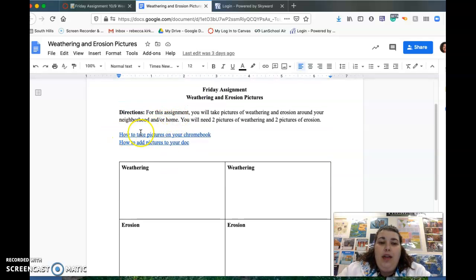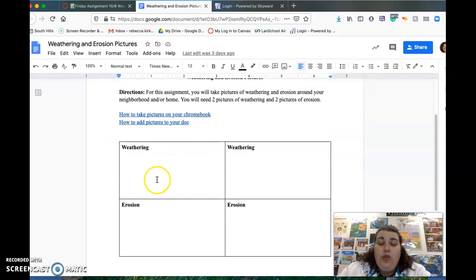Okay, so you can take pictures on your phone, or if you want to take them with your Chromebook, I put how to take pictures on your Chromebook here. You can use your Chromebook camera, and I show how you add pictures into your Google Doc. If you take them on your phone, the easiest way is to save it to your Google Drive